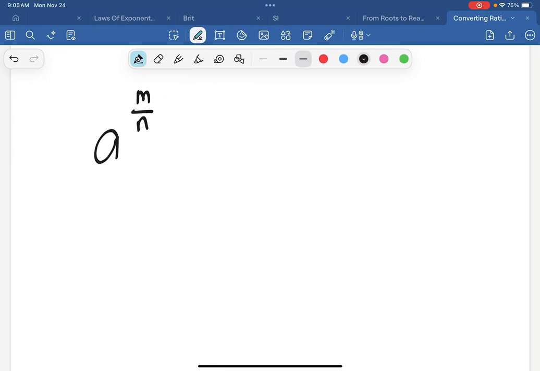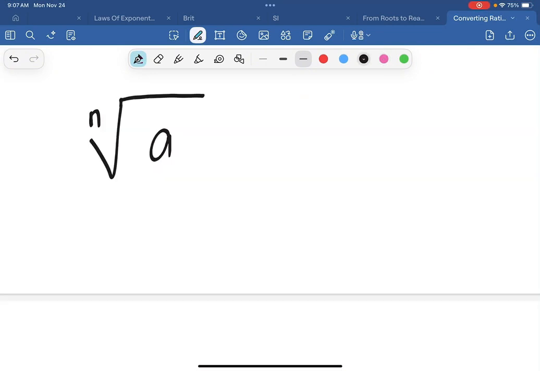Just a recap here, a is our base. So this is the number or variable being raised to an exponent. And here, our m over n indicates the exponent, or specifically, it's a rational exponent, in fraction form. Now in this given, we read this as the nth root of a raised to m, in which